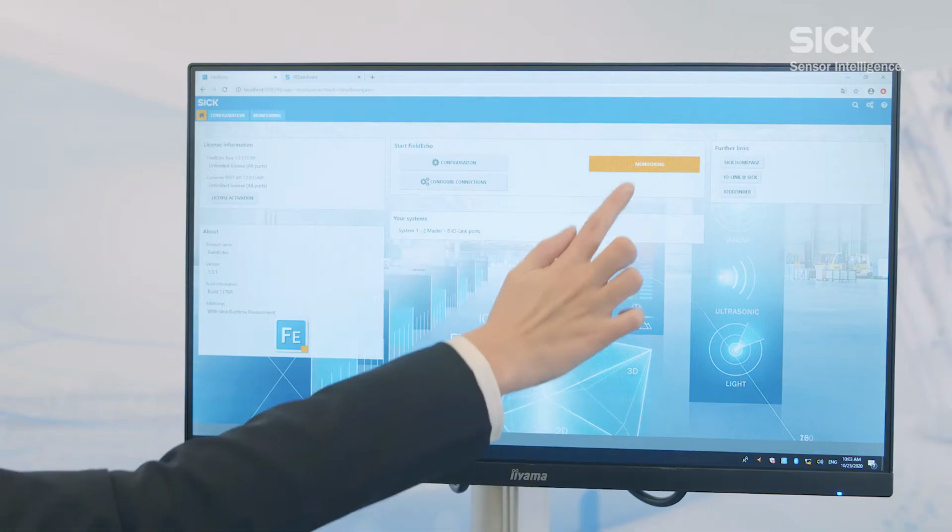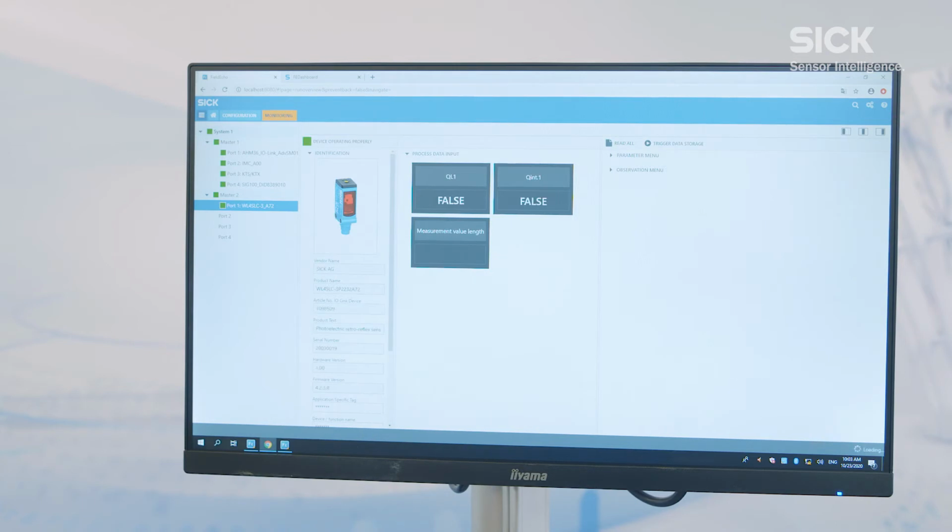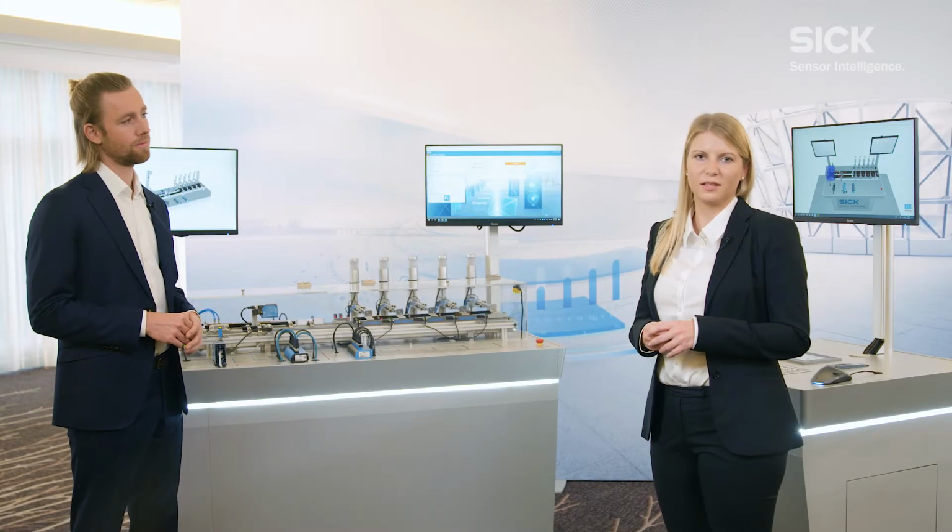I'd be happy to, Tobias. Field Echo is an open system and manufacturer-independent monitoring tool, which reaches across all IO-Link devices in the system. The web-based graphical interface enables easy integration into the machine and system HMI. In addition, there is also the REST API. This enables communication in IoT applications. And all this with only one line of PLC code. I think this is exactly the kind of simplification you're looking for.